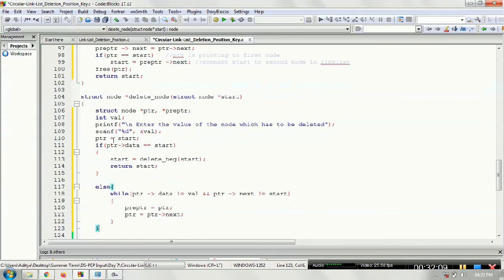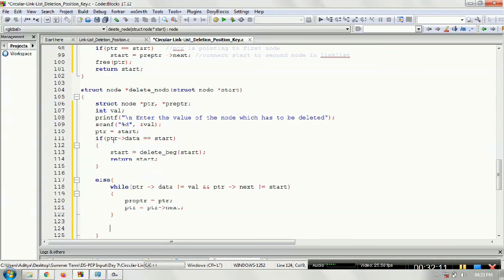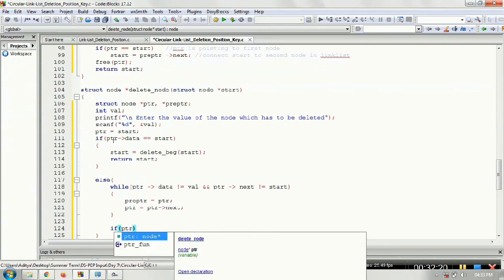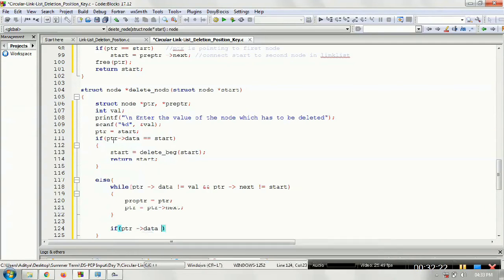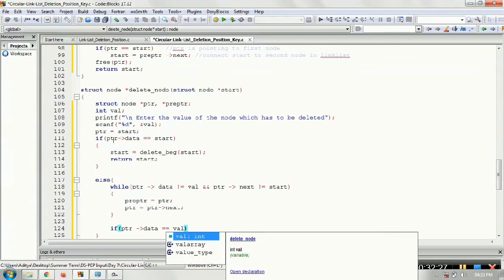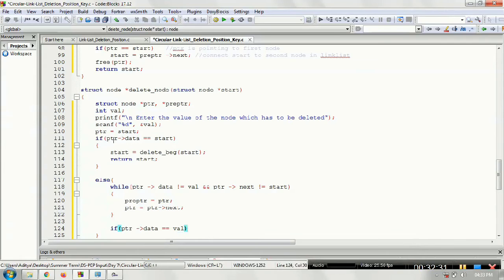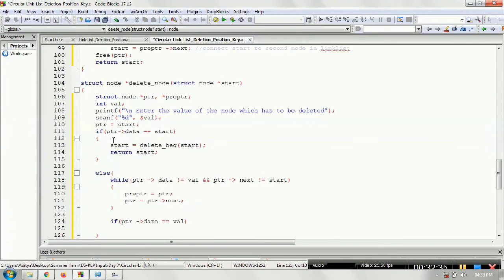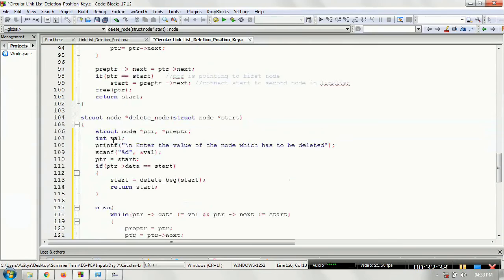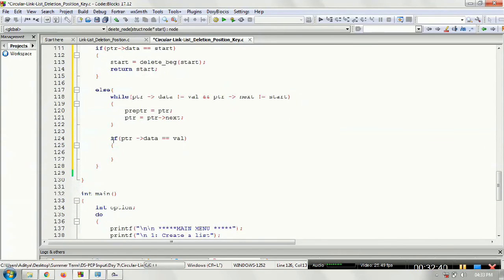Okay. Now, whenever this loop terminates, we again have to verify for which condition the loop has terminated. Either it has reached the last node, or we found the data. So, if the PTR data is equal to value, again the same linking would be done.